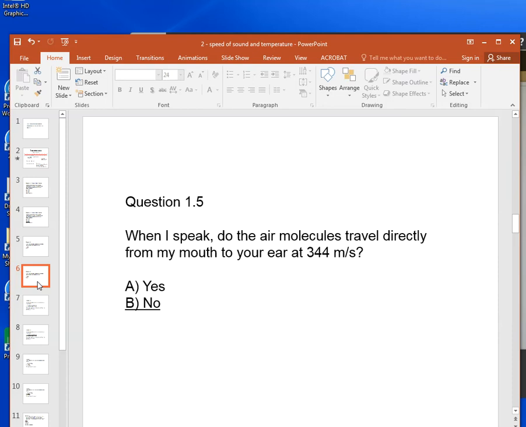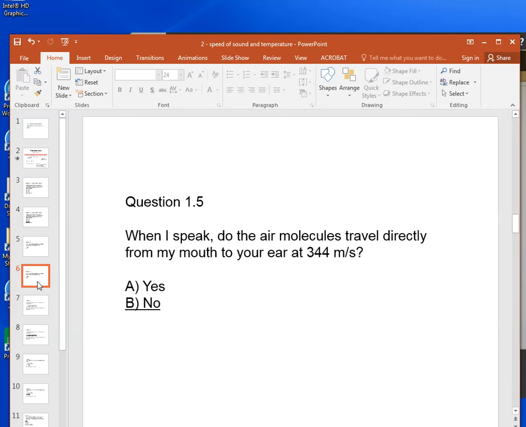if these air molecules aren't moving directly, well then what is happening exactly? You've now had an experience in one of our activities of seeing some visualizations of how sound is really propagating. And you now have this concept that it's actually air molecules bumping into each other. So think of it as a big traffic jam of bumper cars. One bumper car bumps into the next, which bumps into the next, which bumps into the next. And so not one bumper car actually went anywhere really, it just moved a couple of feet or so,